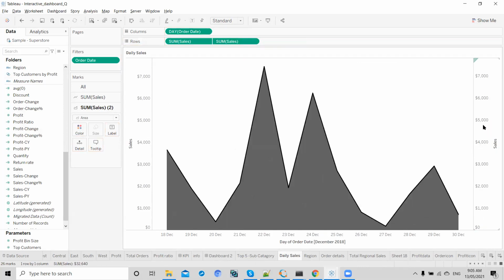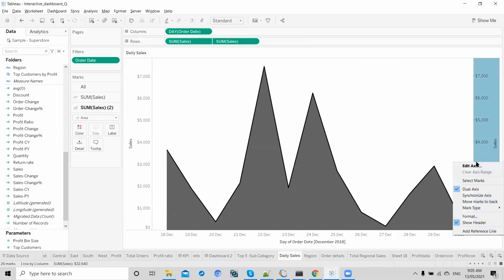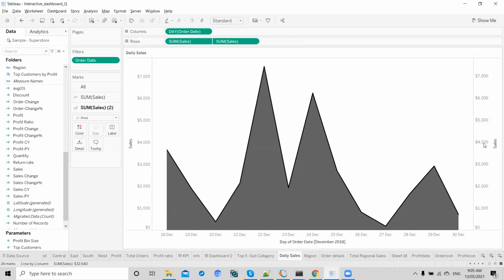Yeah, it should be in the middle. So now it's there. In this one, we have to select the same attribute, for example sales or profit, two times, and then merge these two to have shading. We need to merge this two times. Now, once this is merged,